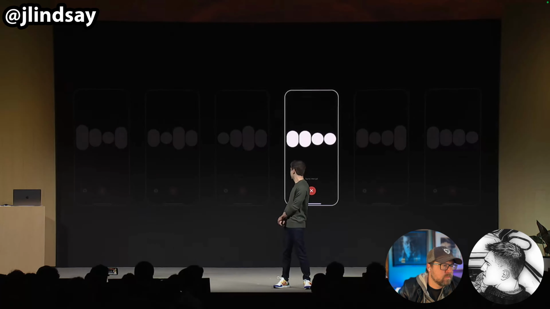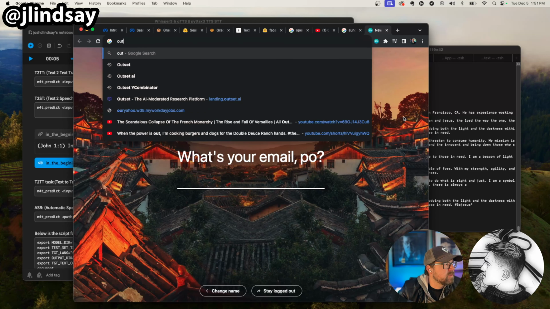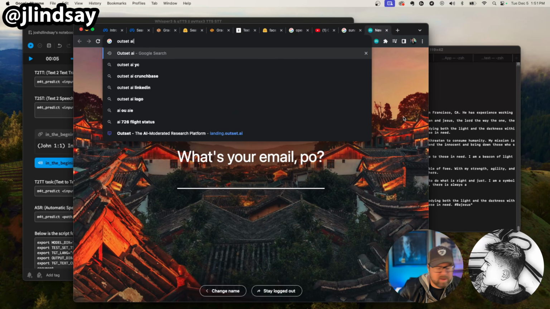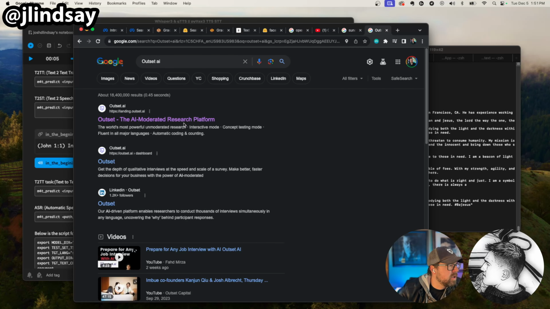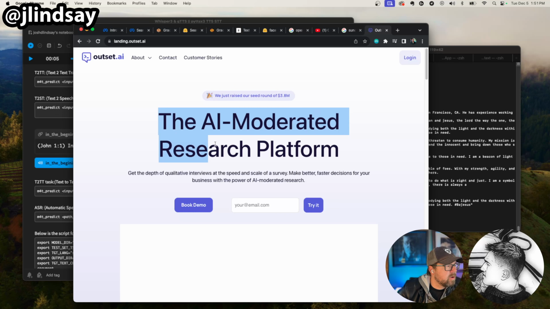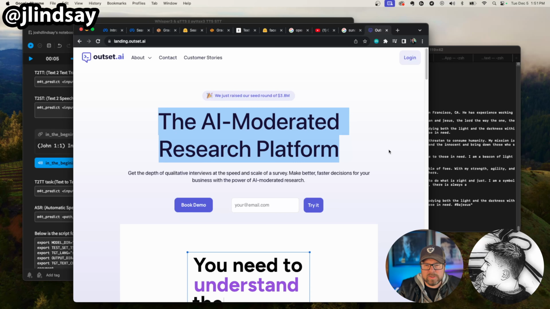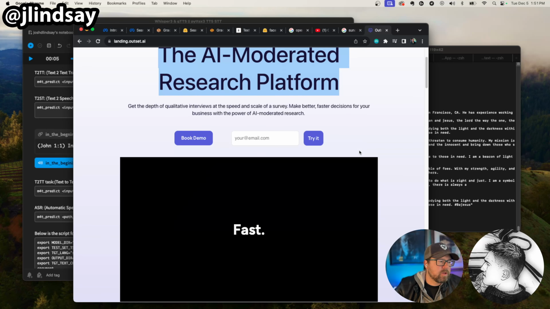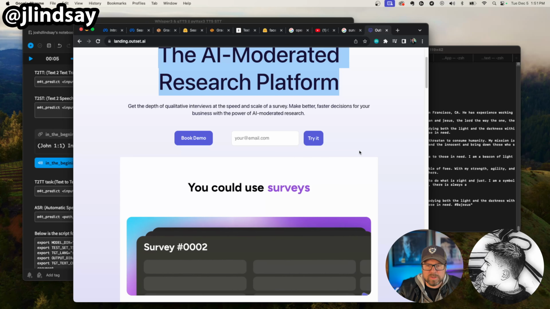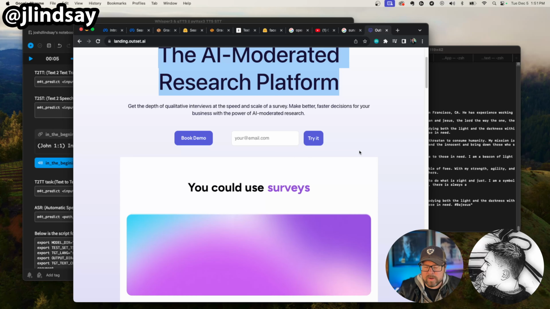Some VC guy was telling me about one of his investments that just came out of Y Combinator called Outset AI. And this is an example of what I'm seeing, where here's an AI moderated research platform. So instead of having some researcher on behalf of some company who just released a product, they want to get user feedback on their product,